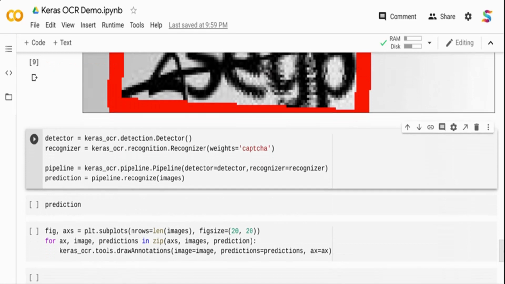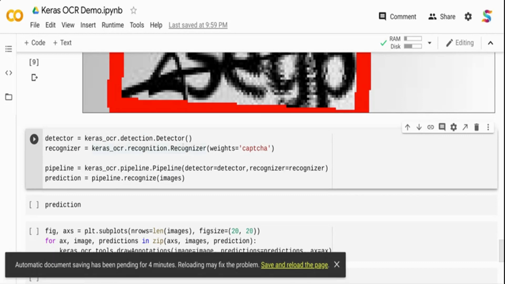So now I'm going to use the custom model that I created. For that, I am initializing the detector object and passing it to the pipeline. I'm going to initialize the same pipeline object I created on the top, but this time the pipeline object is not empty. I am not creating a detector, so I'm going to use the default detector.